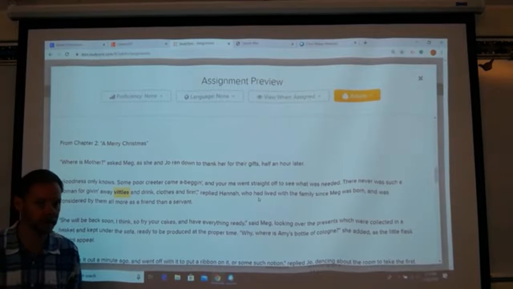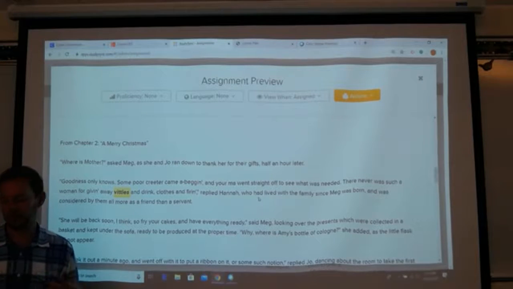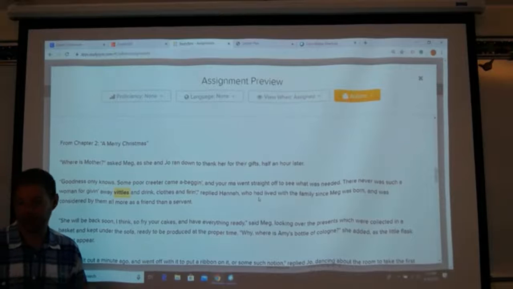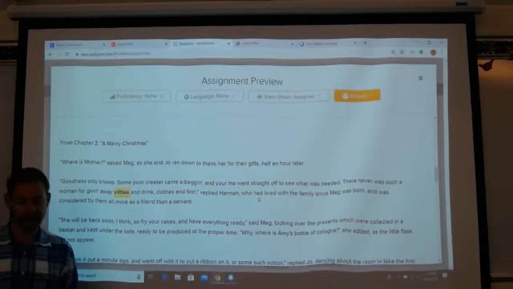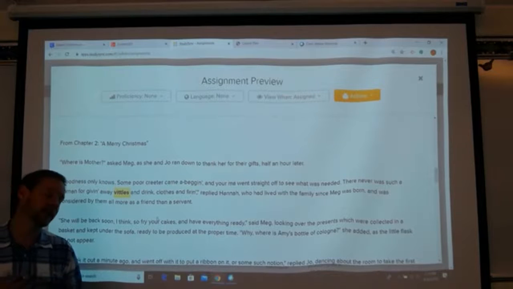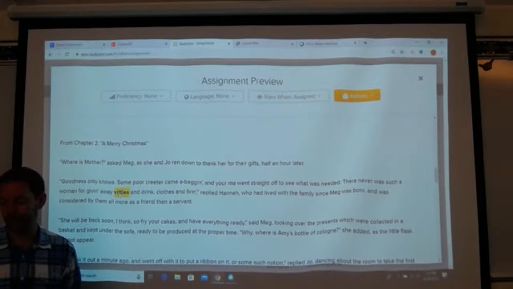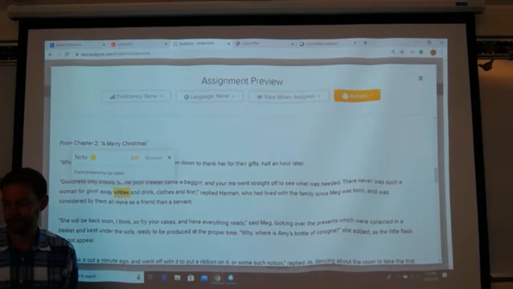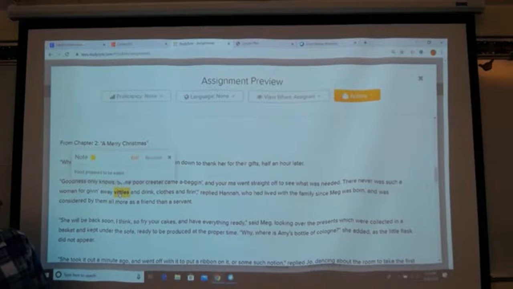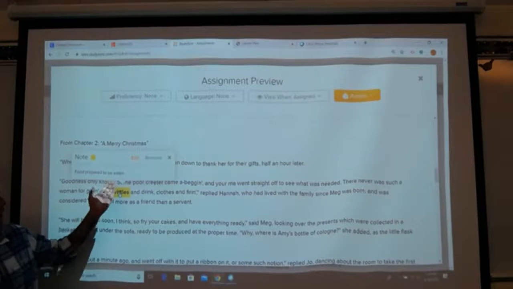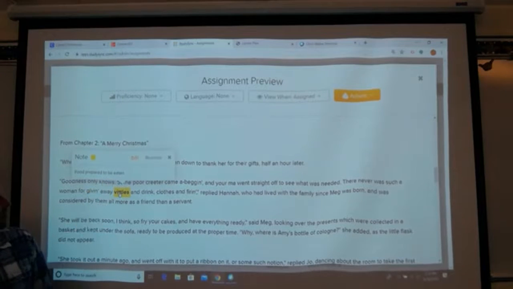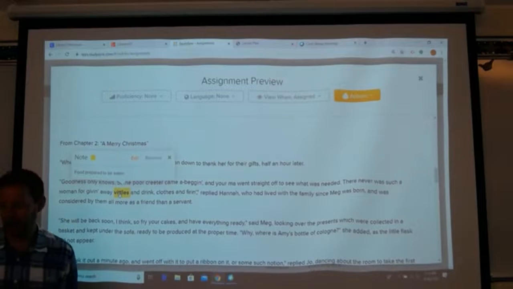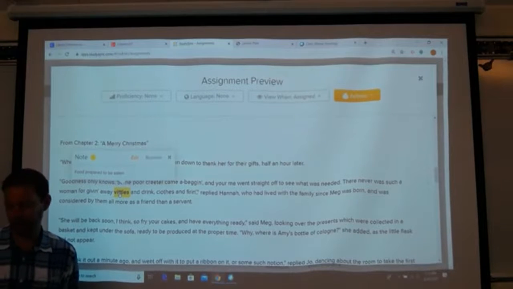So obviously victuals and drink go together. So if drink is obviously something you drink, victuals is something you eat. Hopefully you had something around eating or food. So the definition we came up with was food prepared to be eaten. Okay. Food prepared to be eaten is victuals. So again, you can go ahead and adjust that if you need to. But if you had something like food, go ahead and leave it.